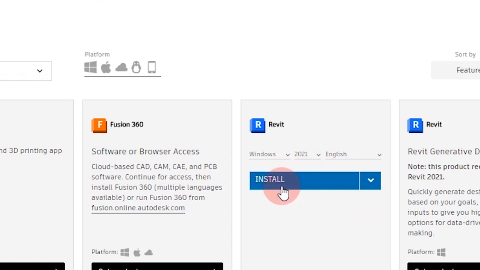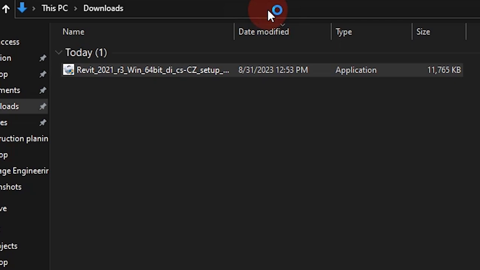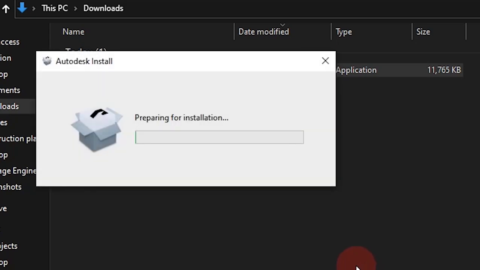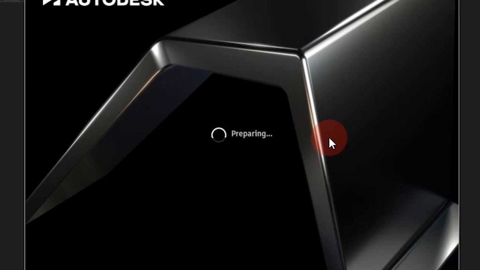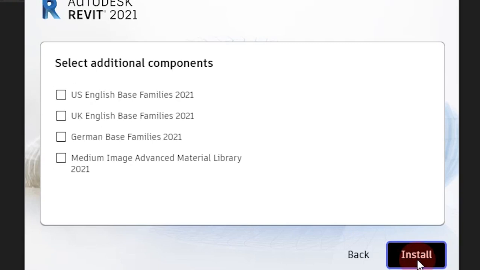Now click on install. As you click on install, it won't take less than 5 minutes to install the setup. As the setup is installed, now you need to go and click on open. Now it will require an internet connection for installing Revit on your software, and it may take around 4 to 5 hours. So keep the directory as it is. And now here is an important point that I need to tell you about these